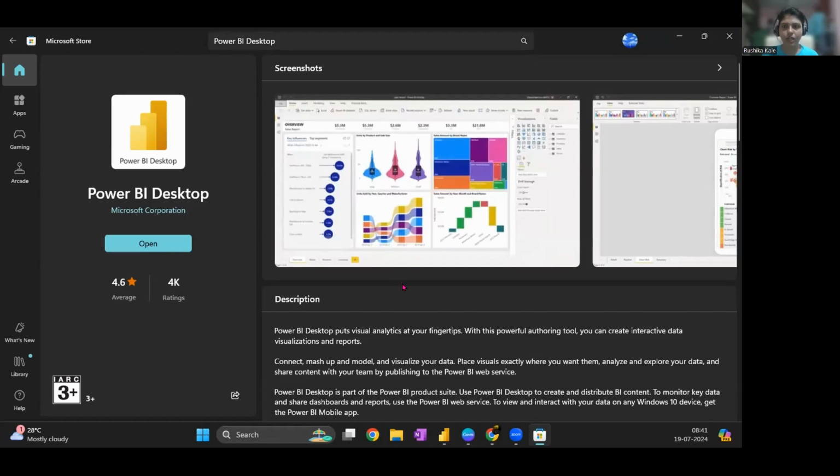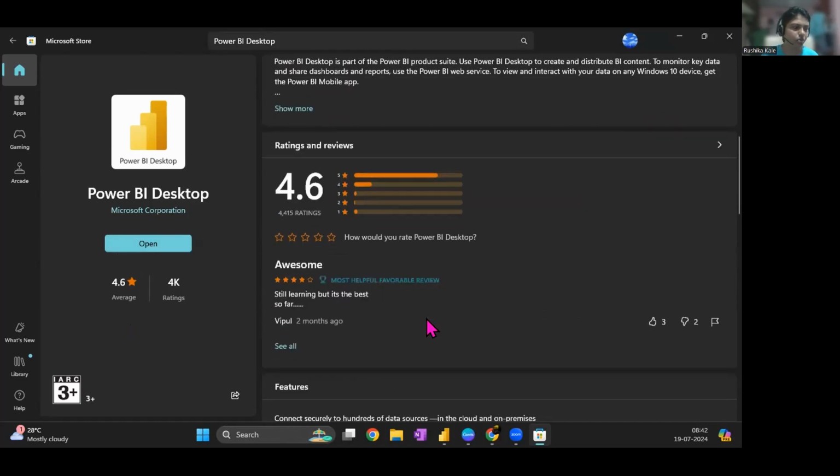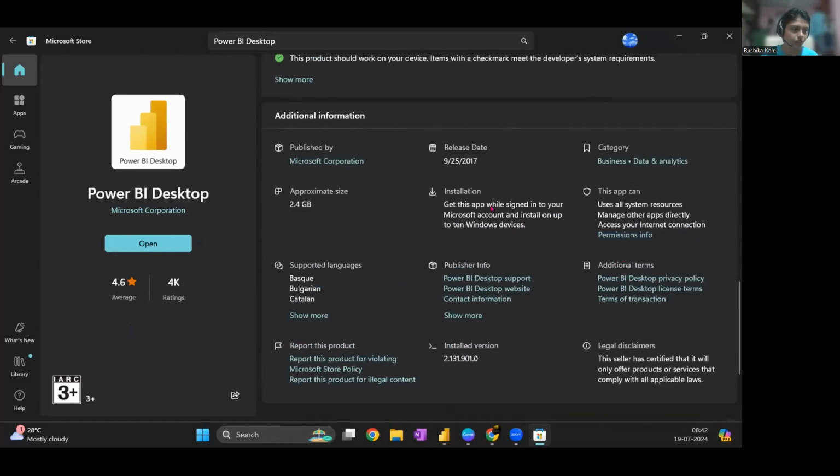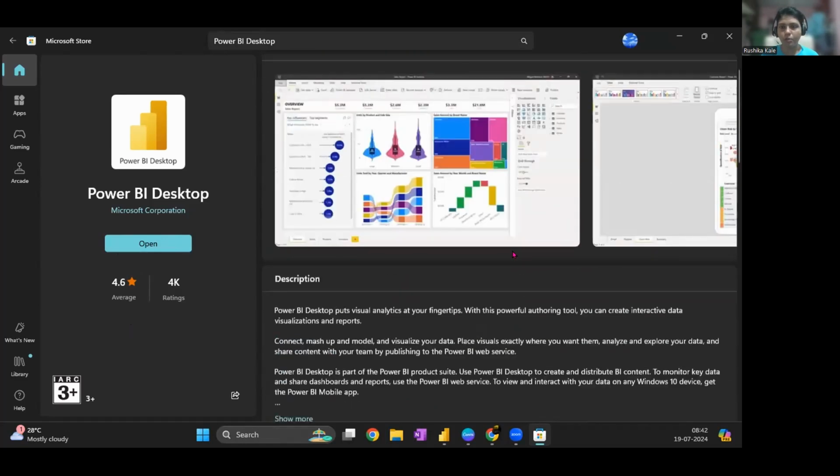So it is just similar to how you use any app in your phone. It automatically updates sometimes, right? So the same pattern works in Power BI desktop as well. You can just click on this get feature and it will start downloading. It is almost 600 or 700 MB. Once it is completely done, it is almost going to take 2 to 3 GB of your system. Okay. So everything with respect to installation is all about Power BI desktop.